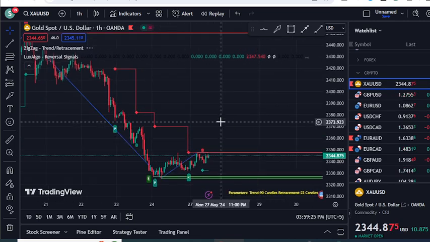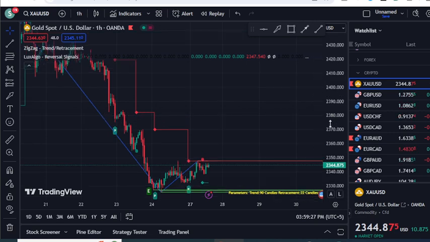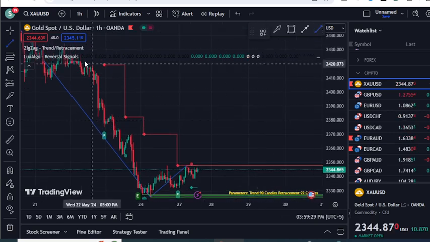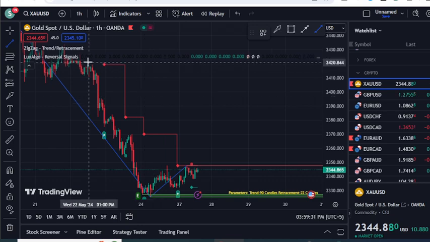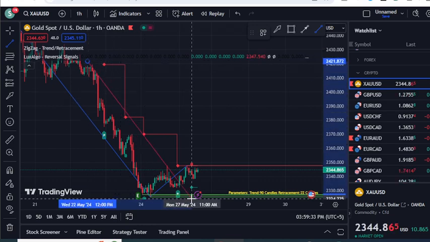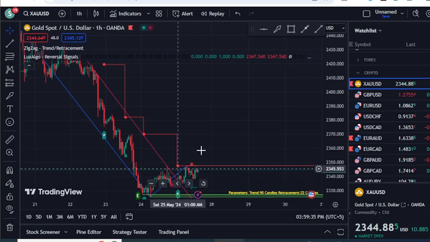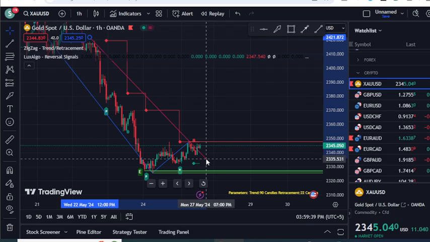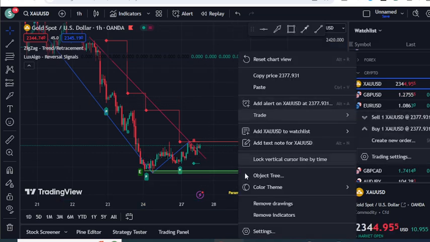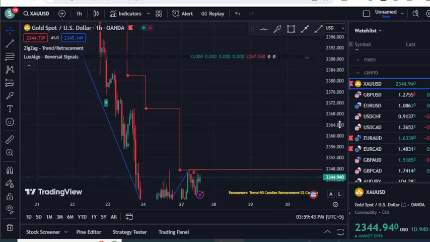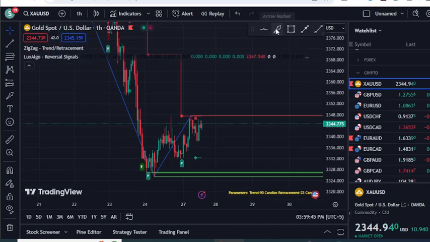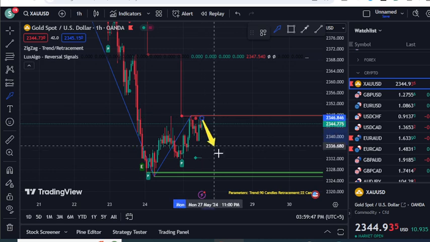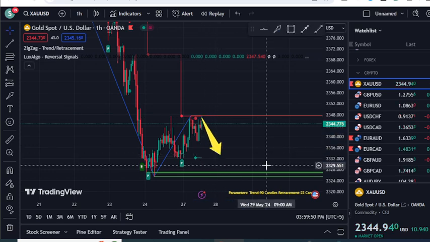Also, do your best to go with trades that are trend following. For example, if I make a trend line, I'm just preparing a random trend line here. However, we have a breakout here, but overall, even if we make the trend line from here to here, we are in the downtrend. So when you are in the downtrend, do your best to find the reversals from the red areas. This could be a good approach.